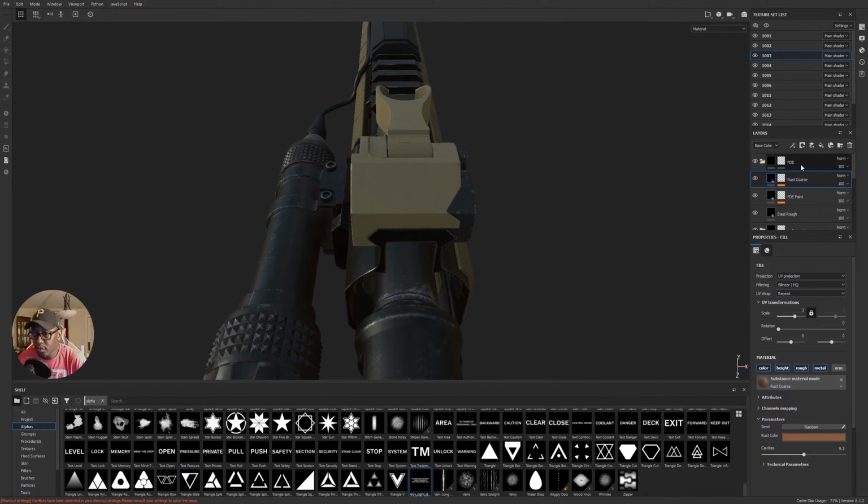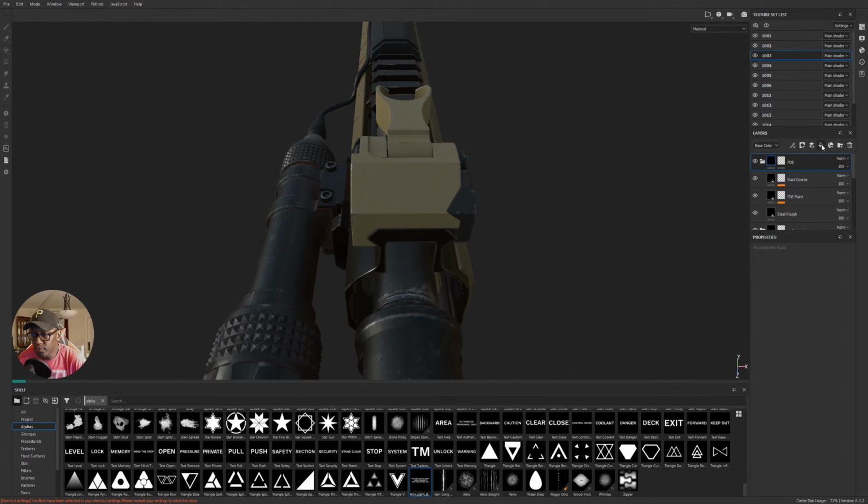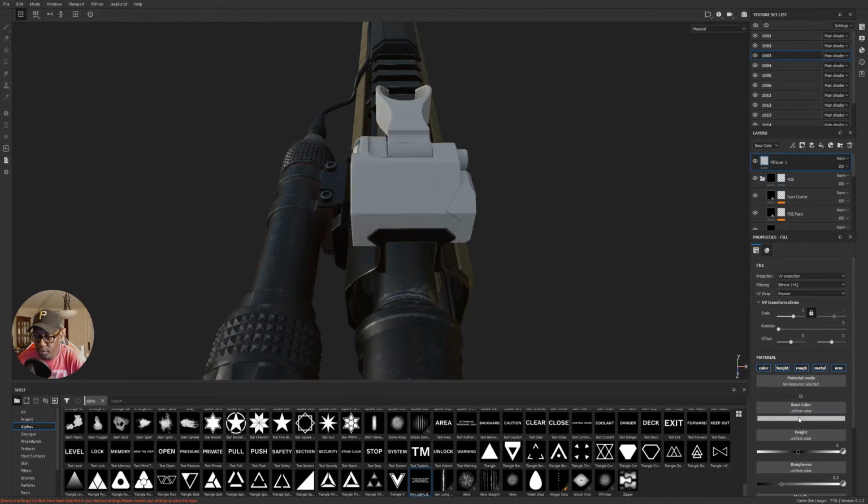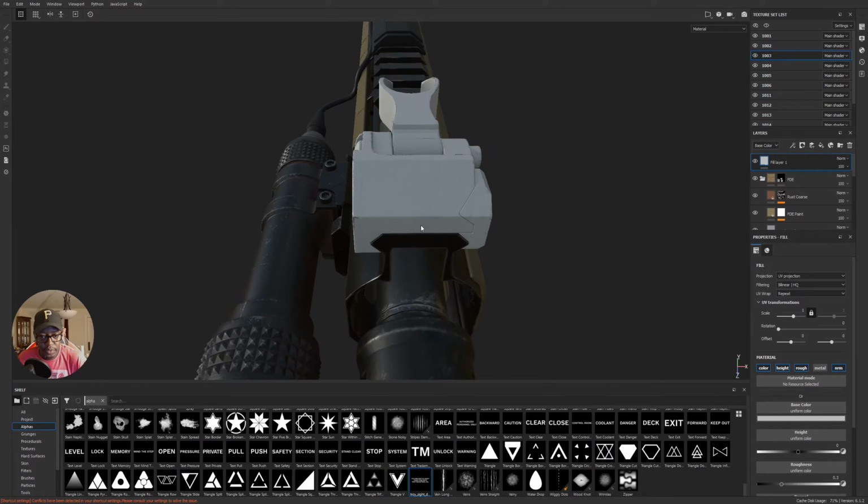And now what I'm going to do is make a new fill layer. The text is white, but obviously you don't want it to be perfect white. So this slight off white that we have here is probably going to work. And if not, I can always come back and change it. I don't think I'm going to need any height. And I don't think I'm going to need any metal. Actually, let me leave the height on. I'm definitely not going to need any metal. Okay, so let's then,